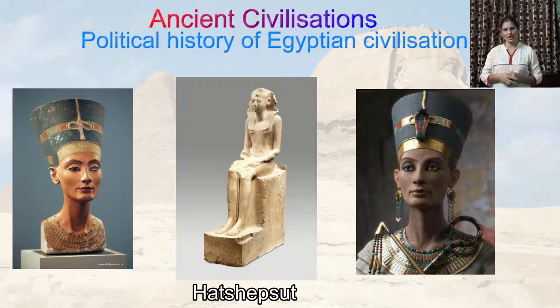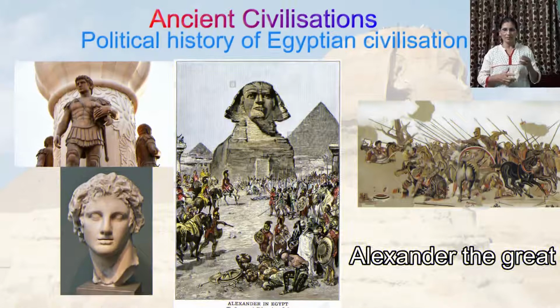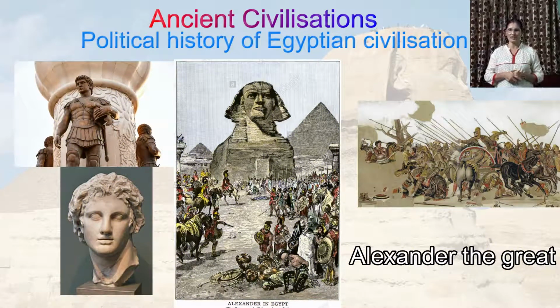After his rule, his daughter Hatshepsut came to power and was known as the first empress of the world. Empress is the female of emperor, we call her Maharani. Many pharaohs expanded the Egyptian kingdom. Finally, about 2400 years ago,